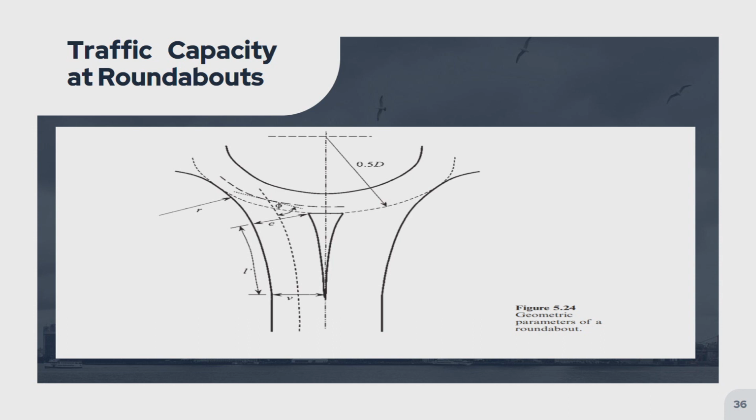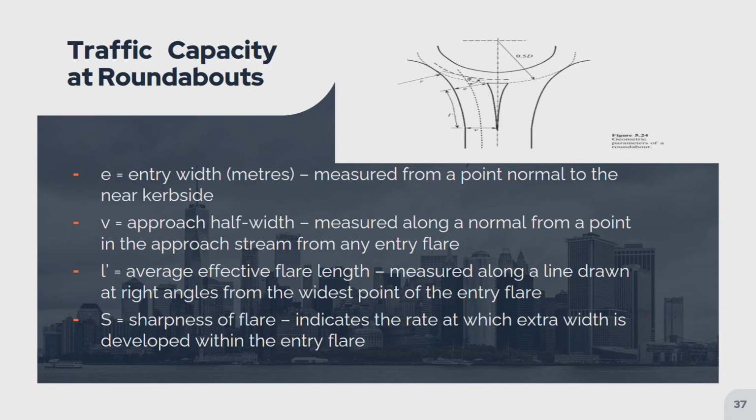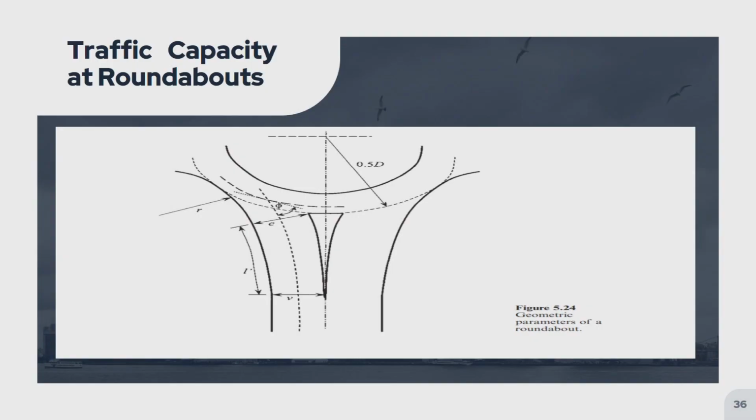So these are the specific portions of the roundabouts which are needed in order for the entry capacity to be computed correctly. Each letter and symbol has values in relation to the roundabout, which is used for calculation. So this equation is very useful in knowing the right design for the roundabout. We have here its definitions,